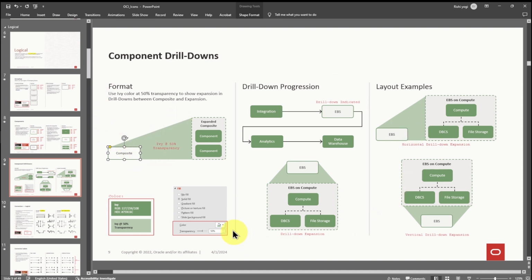Remember, we are drawing a logical diagram to explain to non-technical people or technical people. So this should be a very visually understandable diagram. Look, we are expanding. If this composite is expanded, within that there will be so many components. That's how they have shown. How have they shown? They have used this